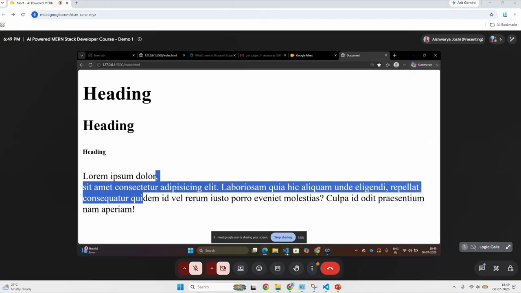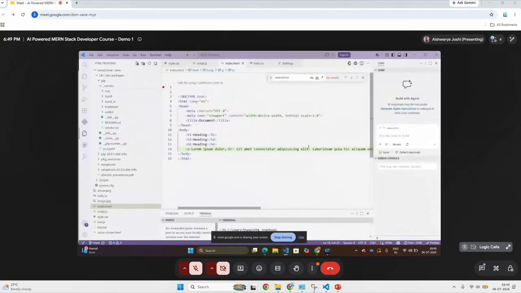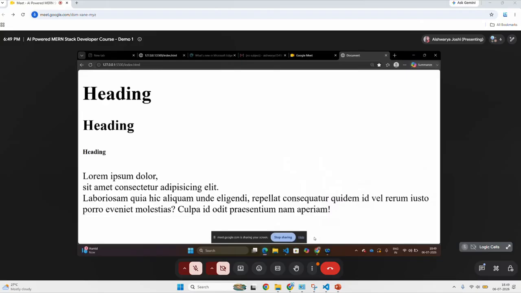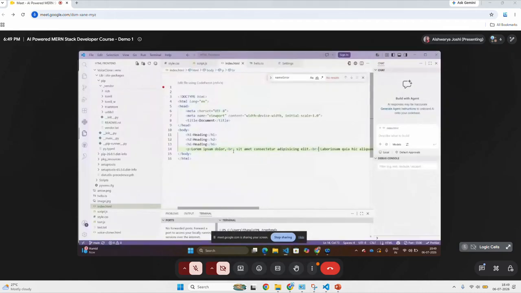You can see wherever you add BR, that particular line is broken and it will go onto the next line. Okay, if you want this to also appear on the next line, you just have to give the BR tag and it will go onto the next line. So BR is nothing but the line break tag, and when you place BR, the next sentence would go on the next line.